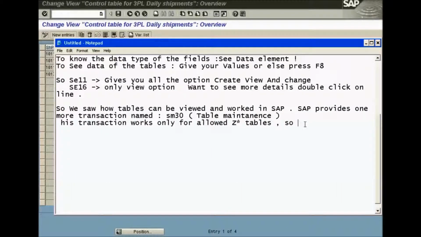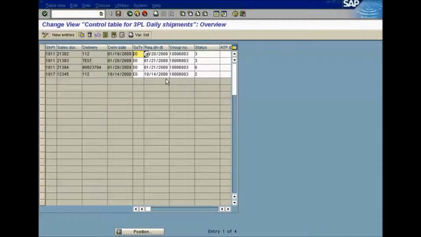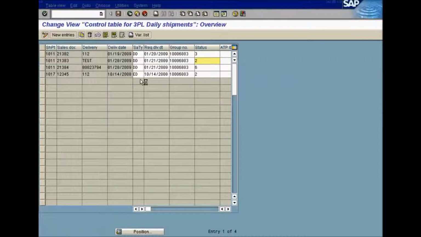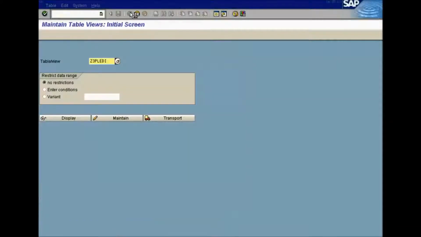If you notice, every table will have its own properties. If the table is set up in such a way that table maintenance is allowed, then only you can perform table maintenance using this particular T-code. Otherwise, not all the tables are set up in this way that you can go and maintain the entry. So if you are not finding a particular table, or you're not able to access it, or can't create any entry for that table, then it's possibly because table maintenance is not available for that table in the system.